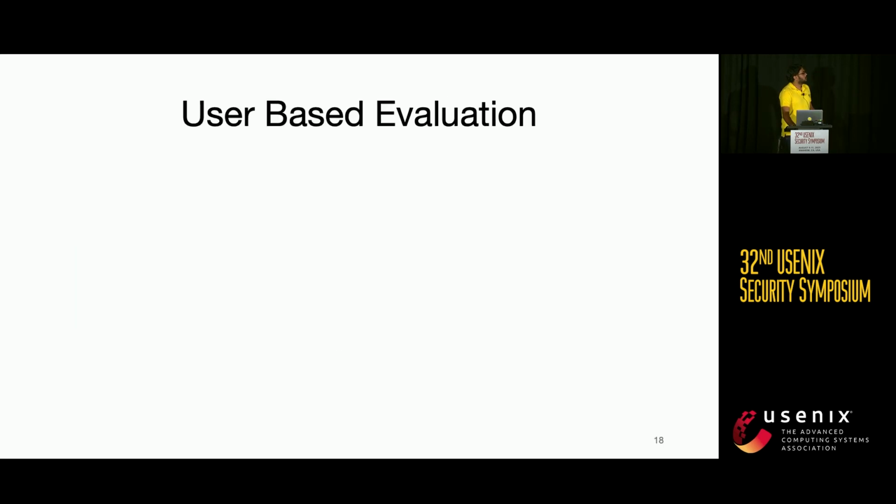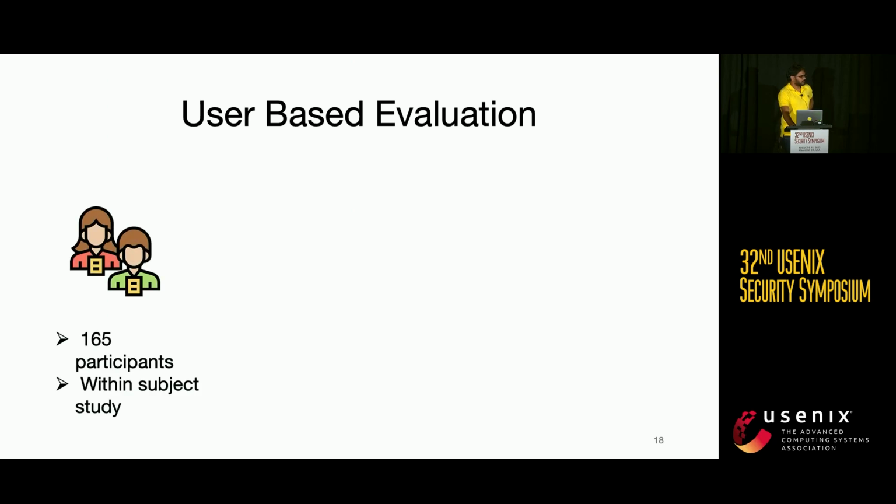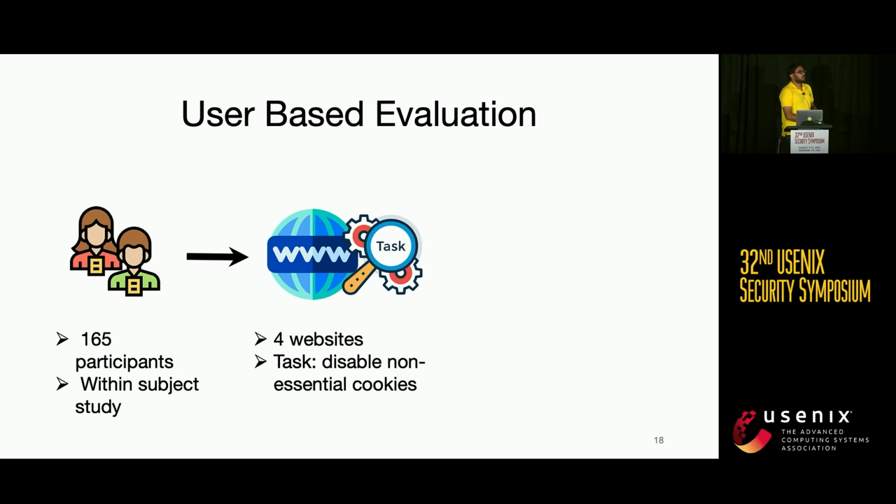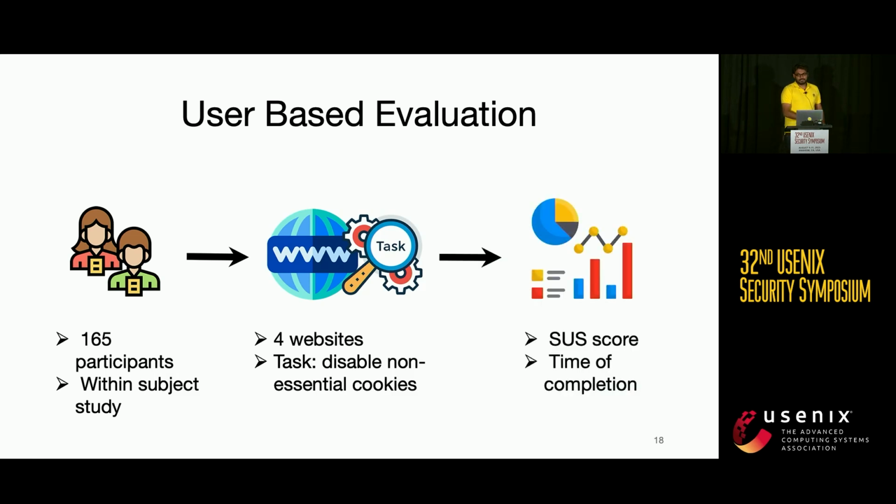Next, we do user-based evaluation by conducting a within-subject study with 165 participants. Each participant is asked to complete a task, which is disabling non-essential cookies on 4 websites. Each participant is exposed to 4 different interface options, 1 being the manual baseline, and 3 being the interface options for Cookie Enforcer, as I discussed earlier. As the participants complete the task, we measure the time of completion as a proxy for user effort. We also have a usability survey